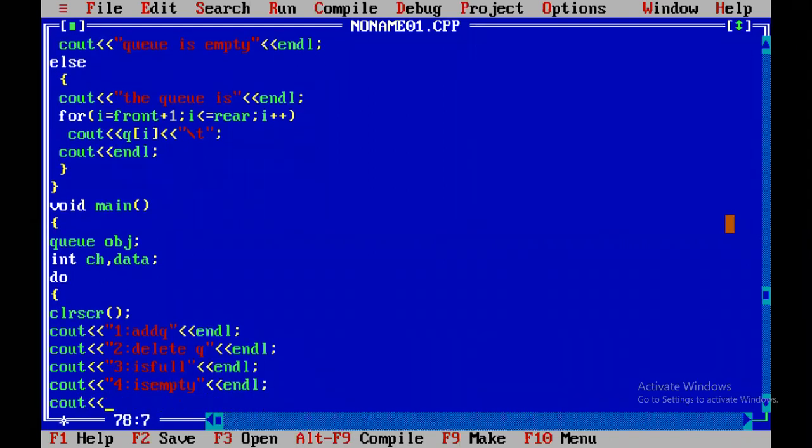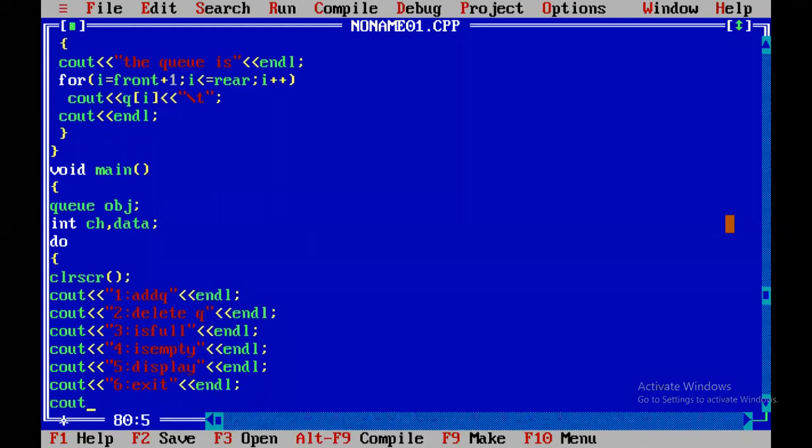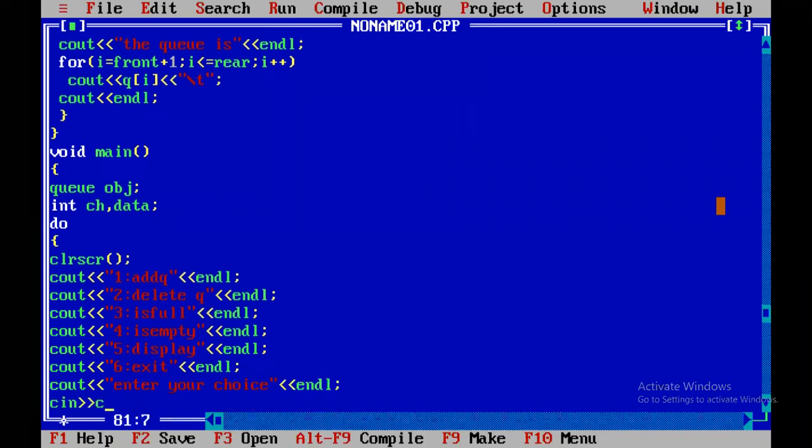Cout 5. Display. 6. Exit. Cout: Enter your choice. Cin ch.